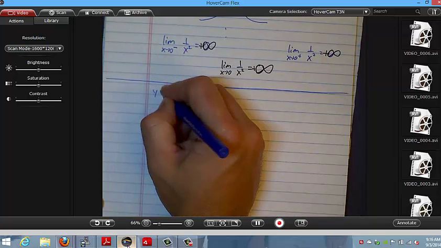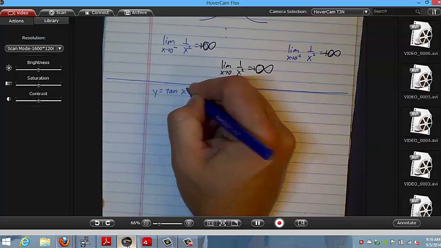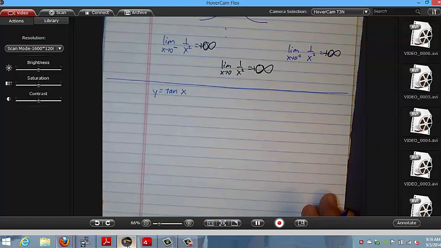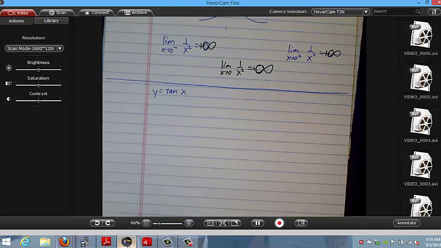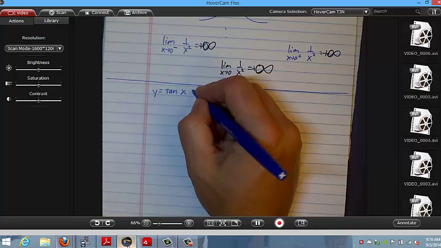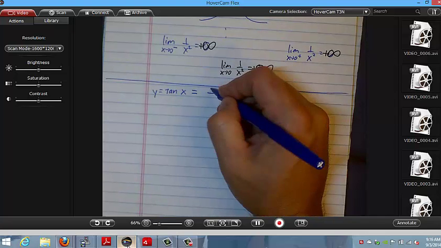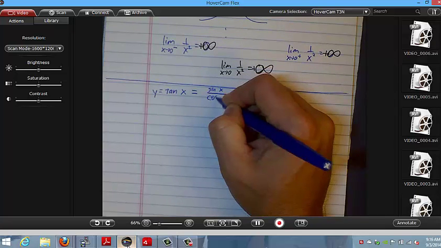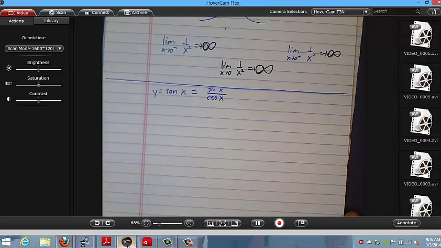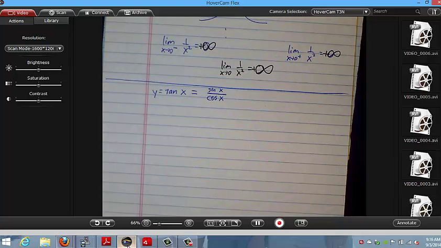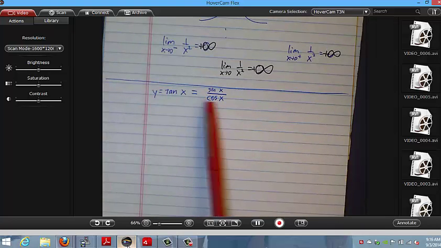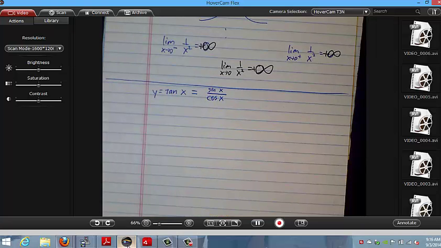So if we have y equals the tangent of x, let's talk about that. And if I said let's sketch a graph of tangent of x, well, from your trig identities, tangent of x is the same as what fraction? Sine over cosine. So we're going to call this the sine of x over the cosine of x. Okay? And so I guess the next question is, well, if I have a cosine of x in the denominator, okay,